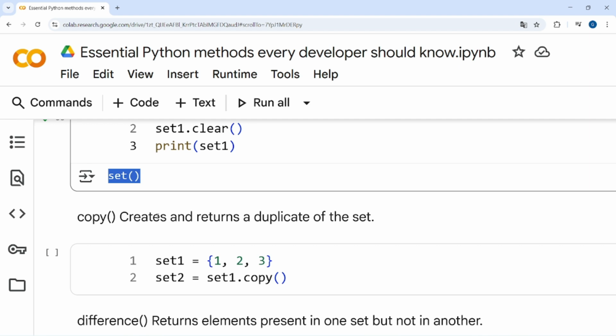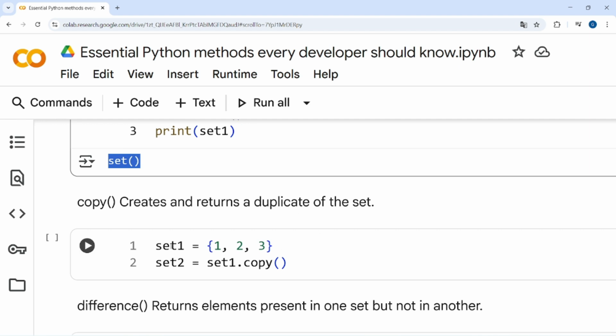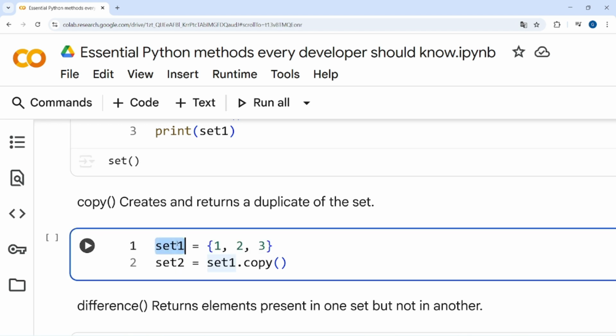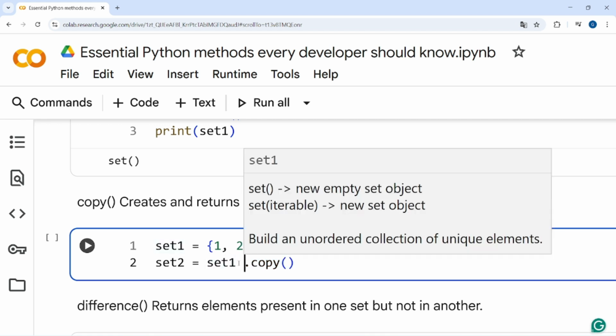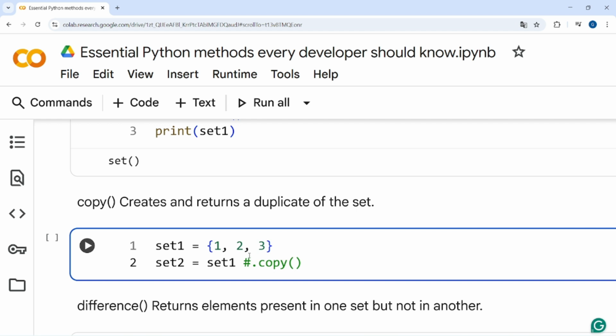Then the next method is copy, which creates and returns a duplicate of the set. Here, suppose set1 contains some elements like 1, 2, 3, and set2 is a variable. Suppose we want to copy the elements from set1 to set2, then we can use the dot copy method. If I don't use dot copy, it will not allow me to copy all the elements,